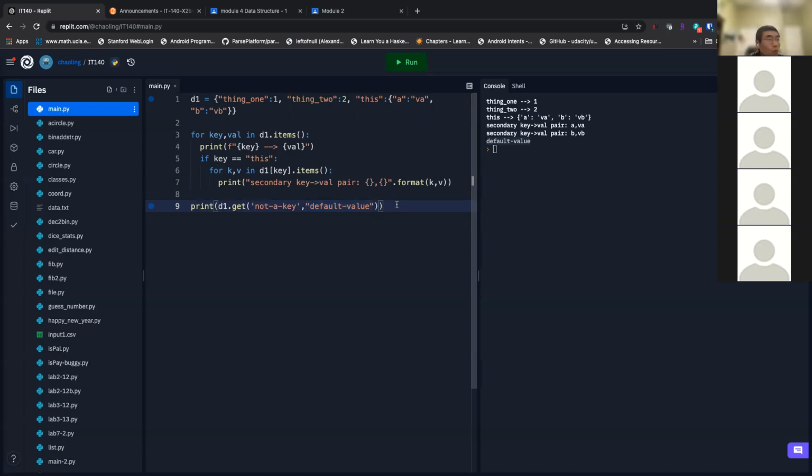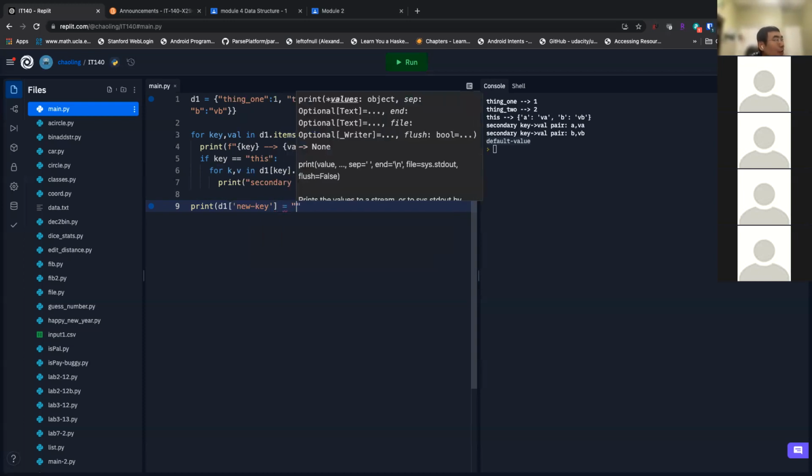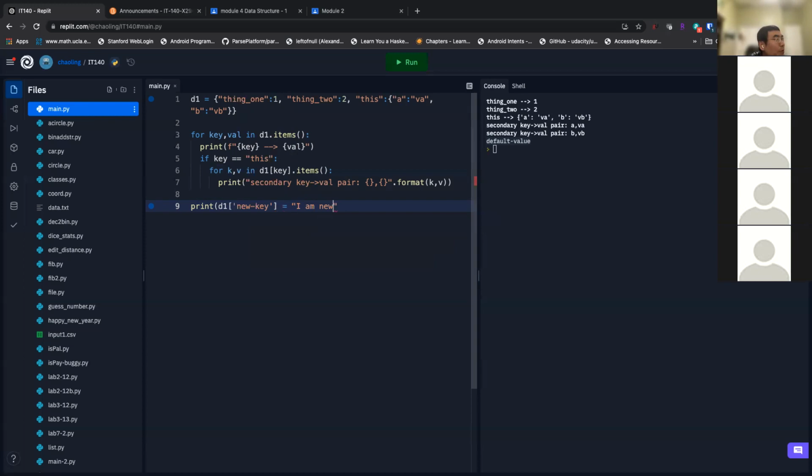Now, of course, it works if you assign the key to a dictionary. So if you do an assignment, like new key equals I am new, that's legal.